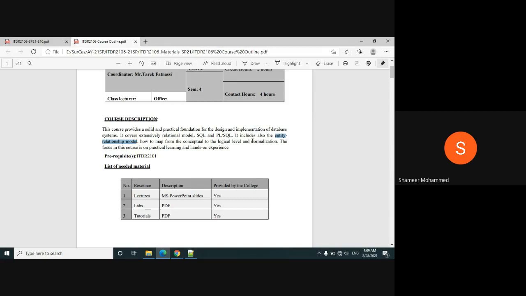And also one concept known as normalization, which you will cover in the last lectures. Our course is fully practical, hands-on learning, which covers modeling, SQL, PL/SQL, and also the entity relationships and the normalization process.